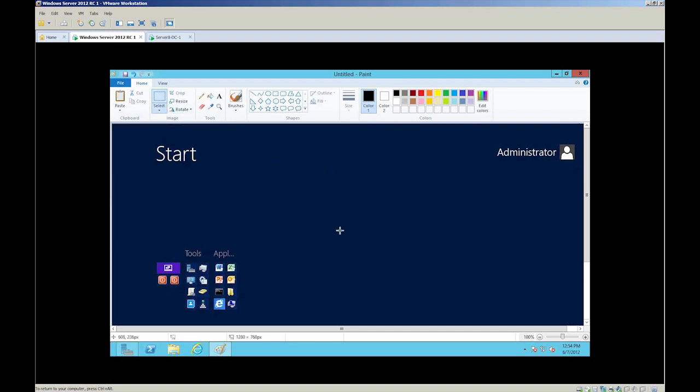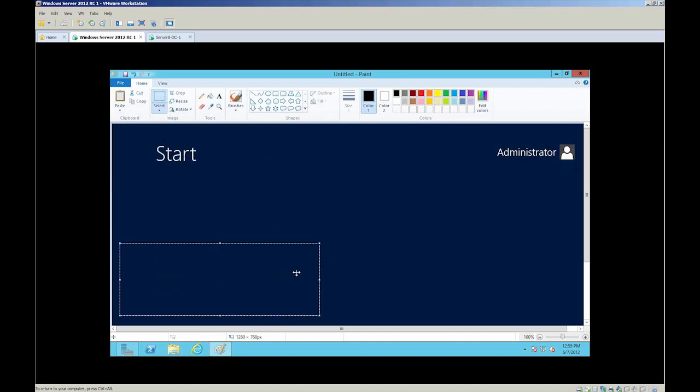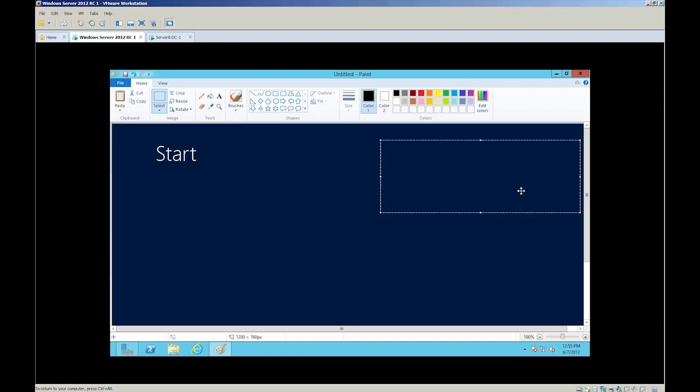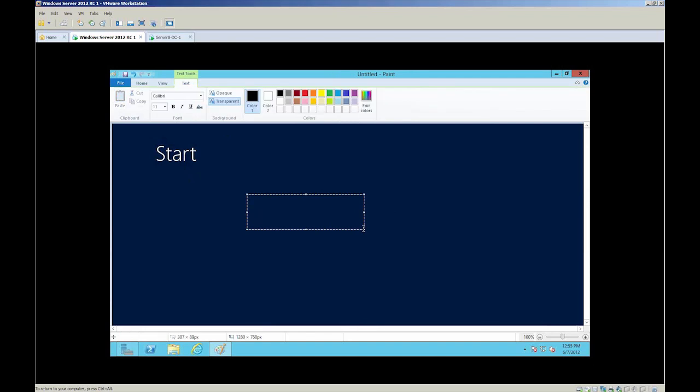Then I'm going to go ahead and select just kind of a big open dark blue box here, and I'm going to hit Control-C for copy, and I'll hit Control-V for paste, and I'm going to cover up all my applications there, paste it again, cover up the word Administrator, and now the word Start, I'm going to change the word Start. I'm going to tell it to do a text box, and I'm going to put in, oh wait,